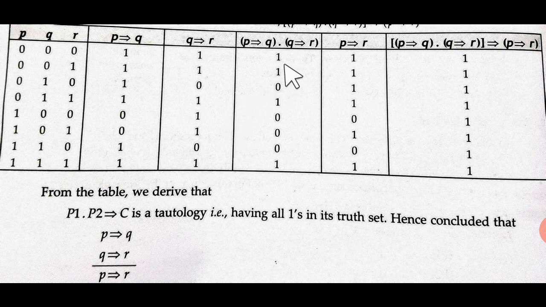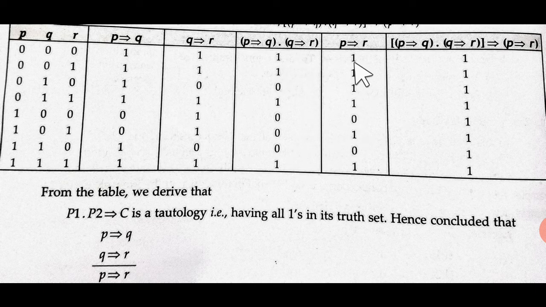And then we form the conjunction of these. The conjunction gives us 1, 1, 0, 1, 0, 0, 0, 1. Because only when all are 1s does the conjunction give us 1, otherwise it gives us 0. You can check the condition here. This 1, 0, so it is 0. Then 0, 1, so it is 0. Then 0, 1, it is 0. Here also 1, 0, so it gives 0. The rest of the rows have only 1s, so the output is 1.